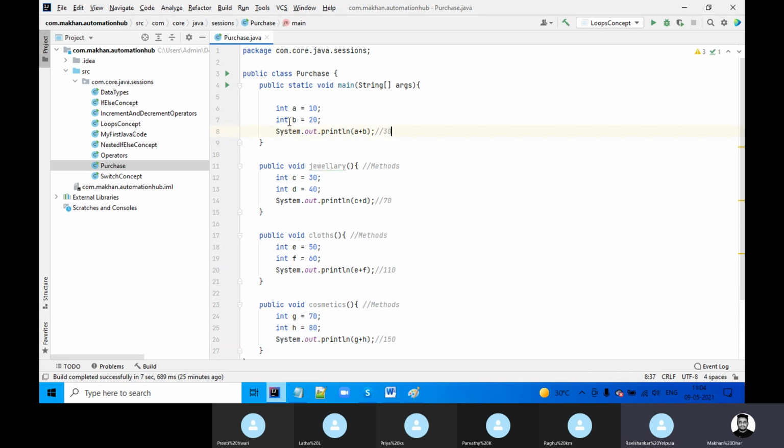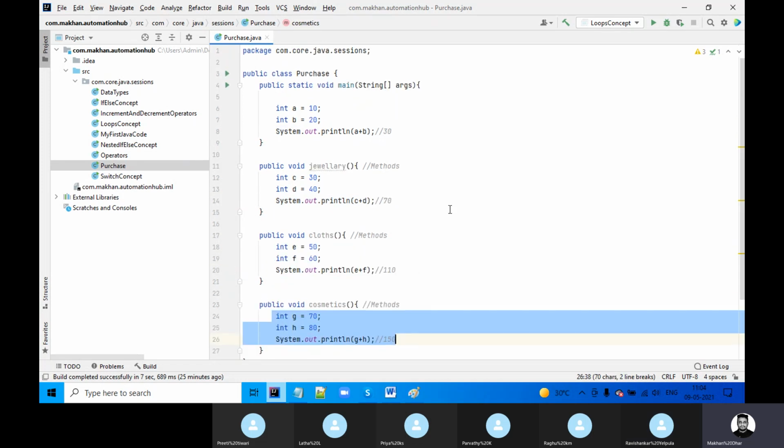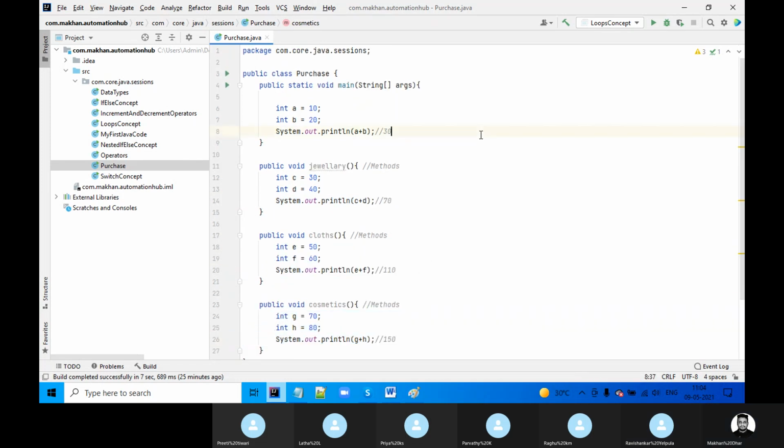Now if I print, as I told you, whatever execution you need, if you need the output of this a plus b, you always have to create the main method. Without the main method you will not get the output. This is something we have to follow. But if I just put it like this, is there any possibility to get all these values?